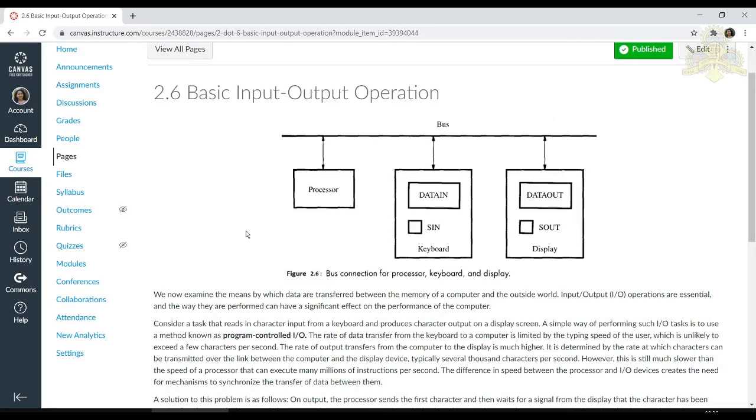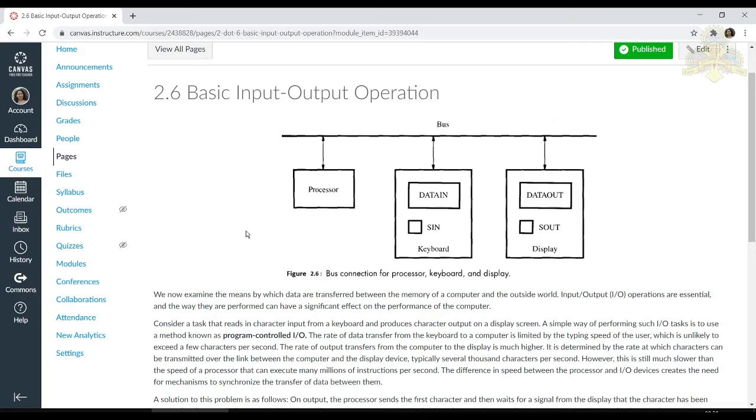Whenever you want to hit a key on the keyboard, it would take a few seconds, like 2 seconds. This speed is very slow compared to that of the output device. The output device is much faster than your input device.